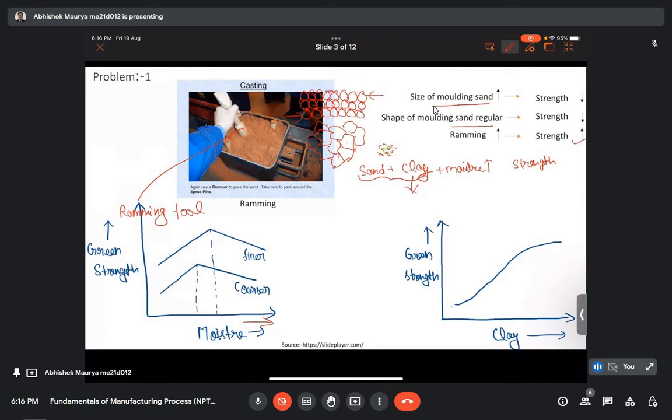But it's not like we can keep on adding whatever amount we want and the strength will keep on increasing forever. It won't happen. You can see from the graph shown here,